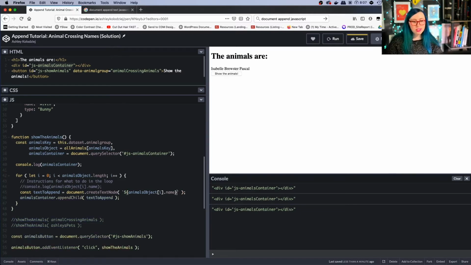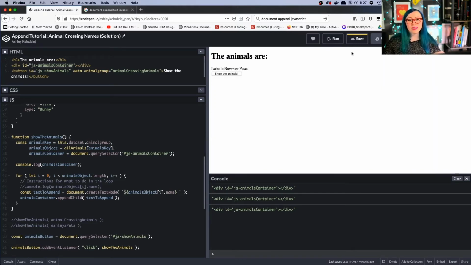So the way that works is everything in the tick marks is read as a string until you put this $ sign and curly bracket in front of it. Until the end of that curly bracket, everything inside gets read as a variable. So what we can do here, instead of using those double quotes, which didn't produce the result we wanted, is use the single tick mark and this special interpolation syntax to put this in line in a string.